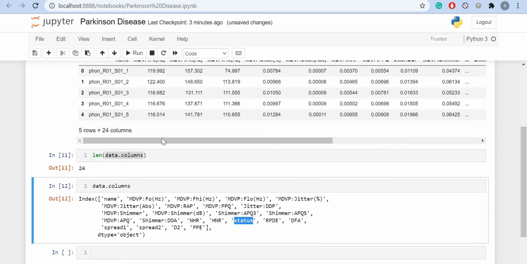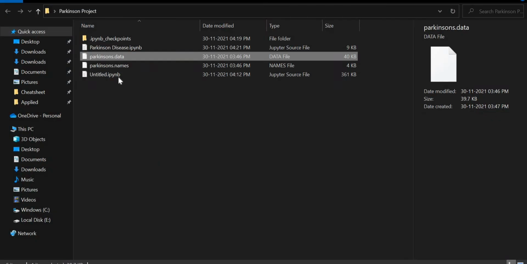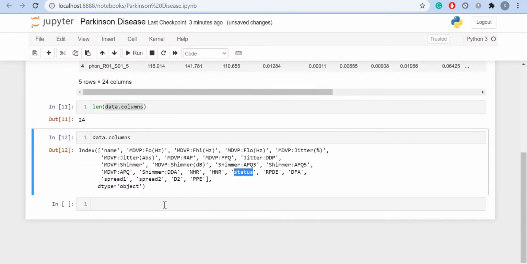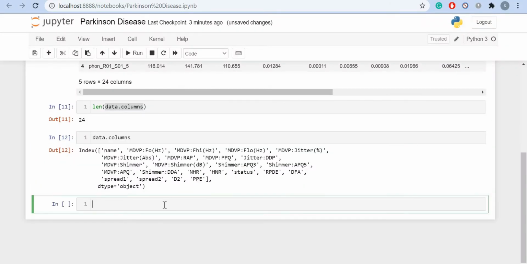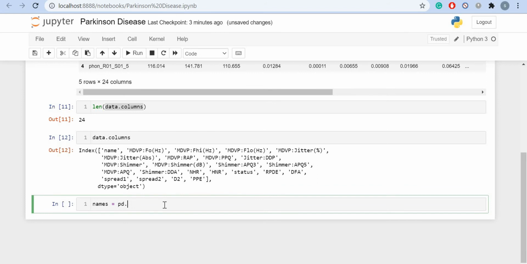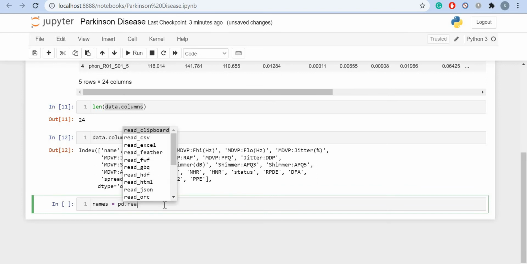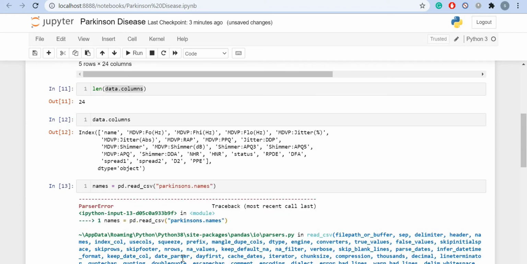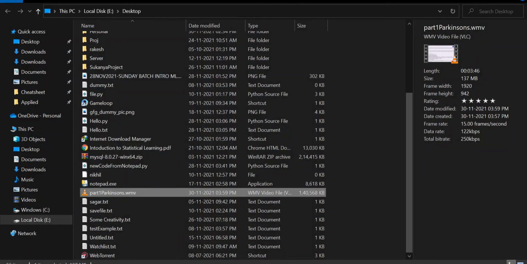So, and there was one more file. If you look closely, there's one more file called names. If you try to open it with pandas, we will not be able to open it, as it's showing some issues while opening it. If I try pandas.read_csv and try to open Parkinson.names, I'm getting an error.